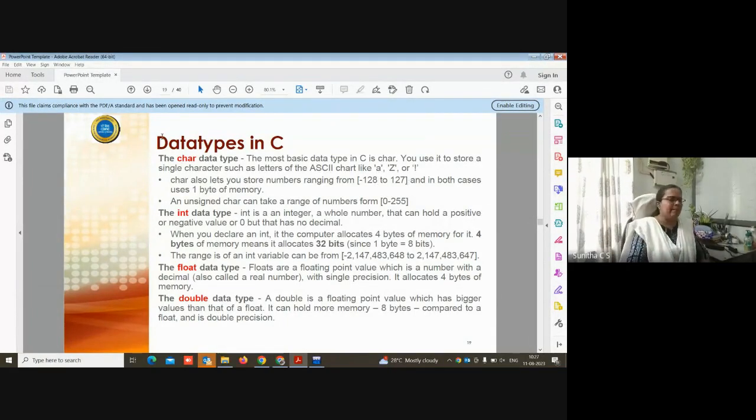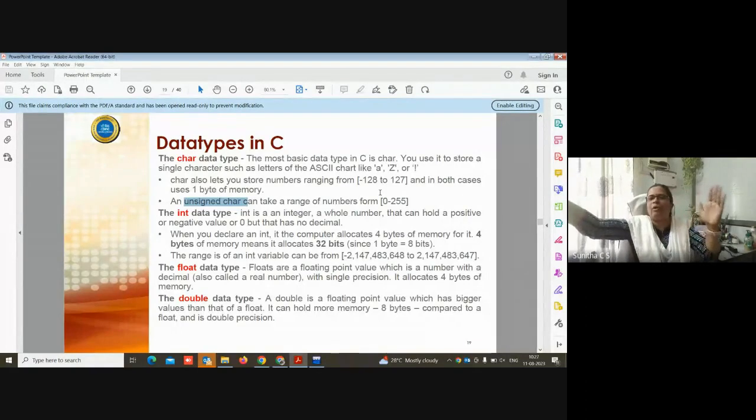Similarly, the integer data type. If you use the qualifier unsigned with char, the limit will change from 0 to 255 because there is no negative value. The signed range, minus 128 to 127, means 256 numbers.